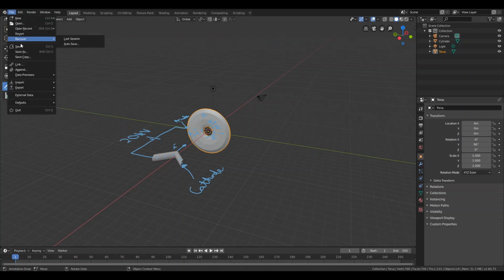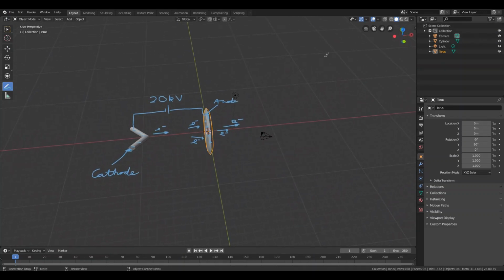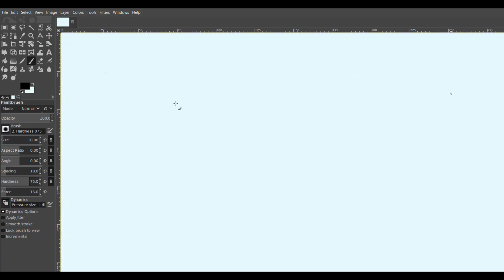So I'm just gonna save it, and let's see you in GIMP. Okay, so now we are in GIMP, and I'm gonna draw. What else do I need GIMP for besides drawing? So what we have here, it's